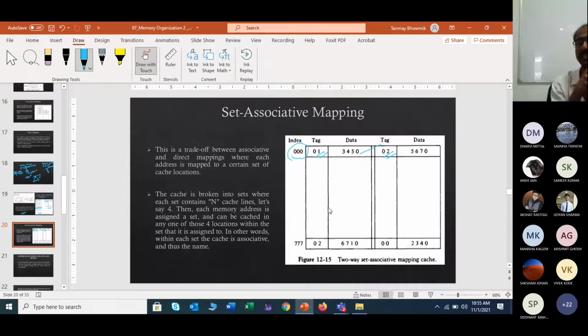Now one problem you can point out: if it is a two set associative mapping, just like the example given, and you get data which is not included in this tag, like 01 or 02, then what will you do? Yes, you have to do the replacement again. You have to replace any one tag again, and include that particular data.